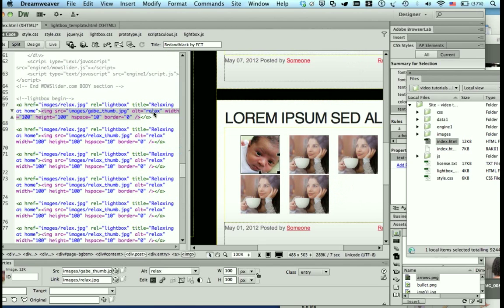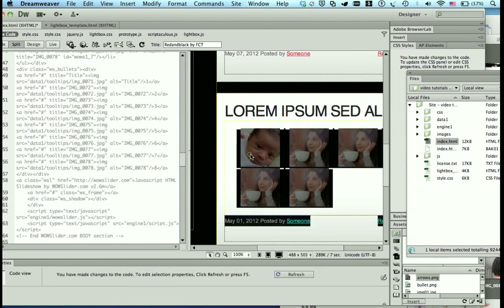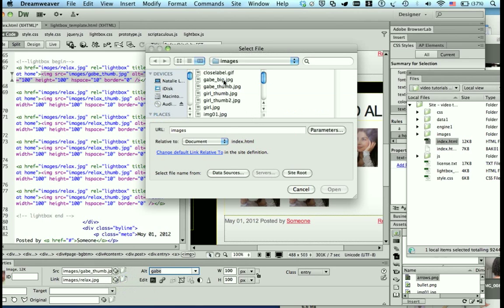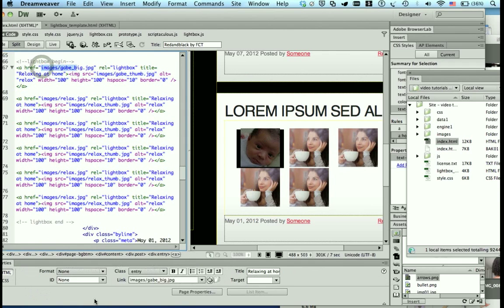There we go. I can change the alternate text. Oops, sorry. Let me just do it all from the properties bar first. So here, instead of alternate text of what is this picture supposed to be, let me just call it Gabe. And then it's going to link to the bigger picture. So if I browse for the file, big, open, you see it changed it here as well in the code. So if I were to preview this,